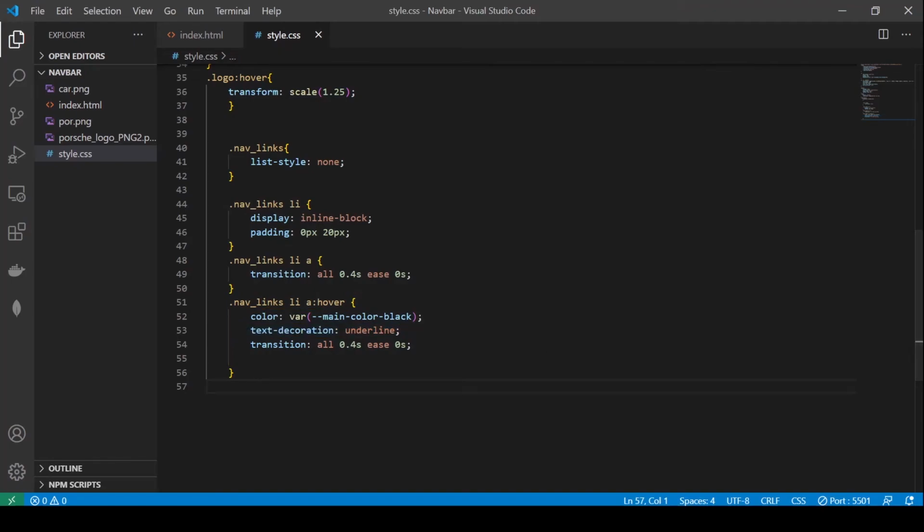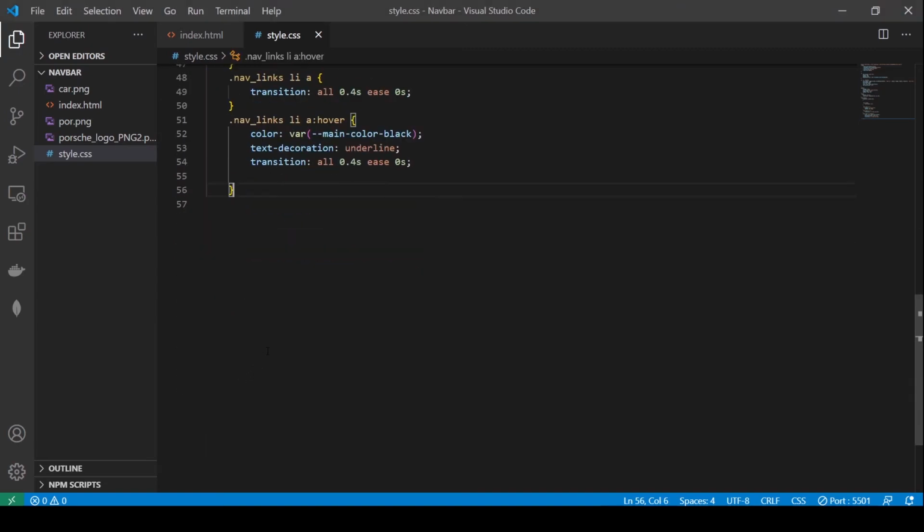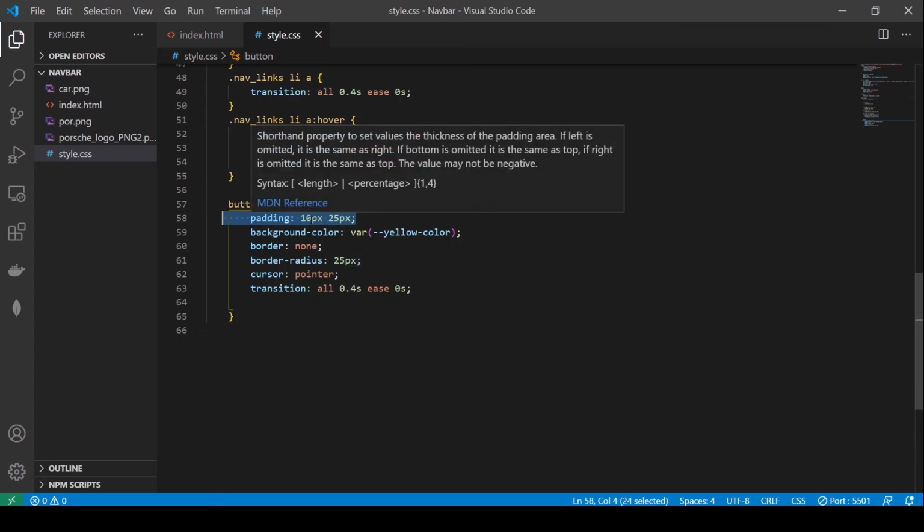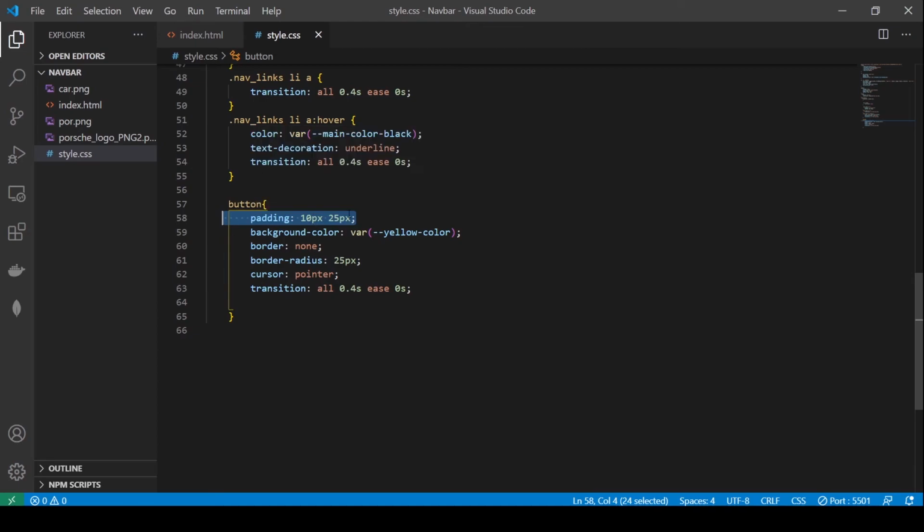Next, let's style our button. For the button, what I have done is given padding of 10 pixels for top and bottom and 25 pixels for left and right, and I want the background color of the button to be this yellow color.